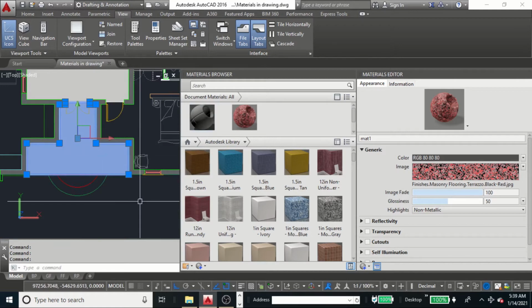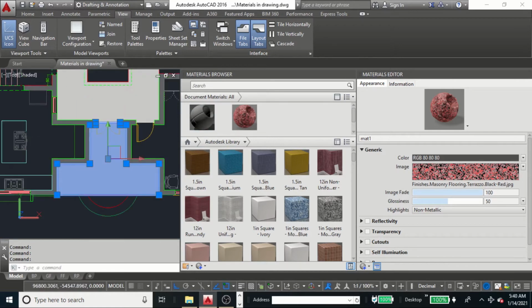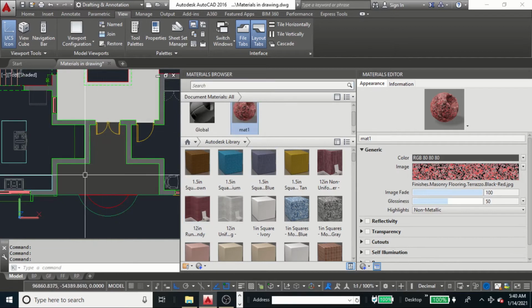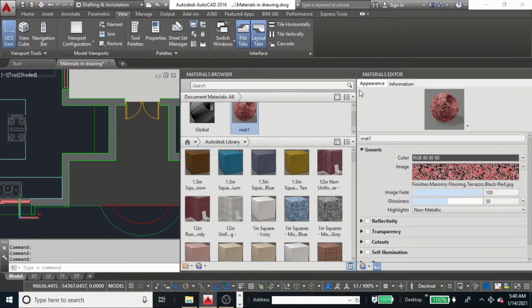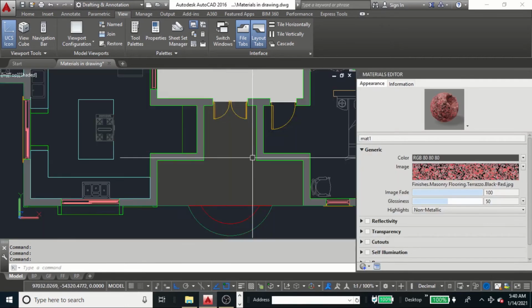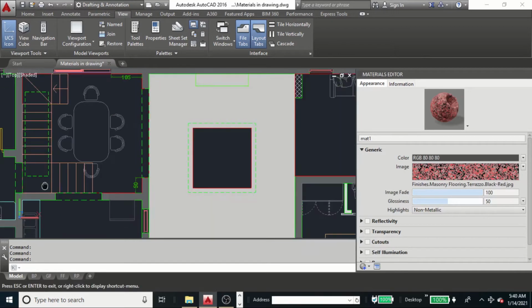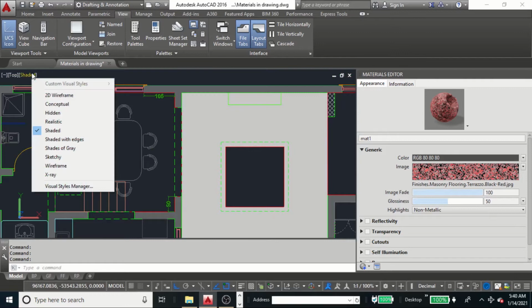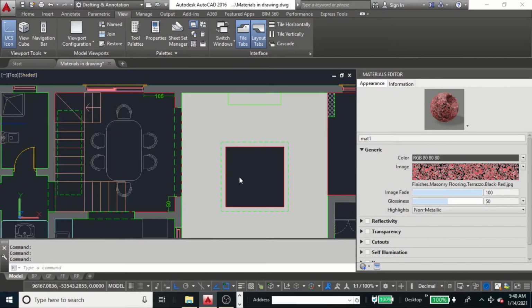Select the material and then click on the material once, and that material is now added. So now see, let's close this. It is kind of shaded. You are not seeing the texture. That's because this visual style is still shaded. Let's change it to realistic, and when you change it to realistic, you'll be able to see those